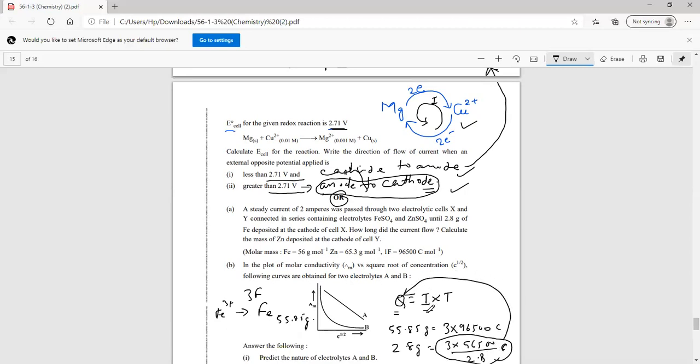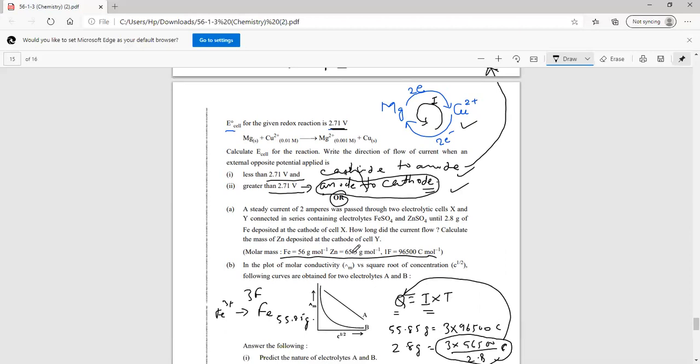The value of current is given in the question. Now time you have to find out. Now after the time is found out, then you can find out how much charge was passed in zinc, and the mass of zinc is given over here. See, without seeing this value 56, I have taken 55.85. So you can take 56 gram per mole also. All right, so your work has become easy now. 1 farad is equal to 96500 coulomb per mole. So for 3 farad, I have written in coulombs by using 96500 coulomb.